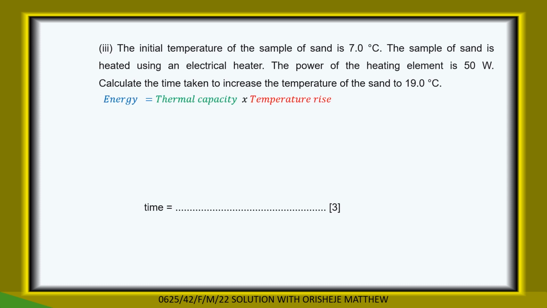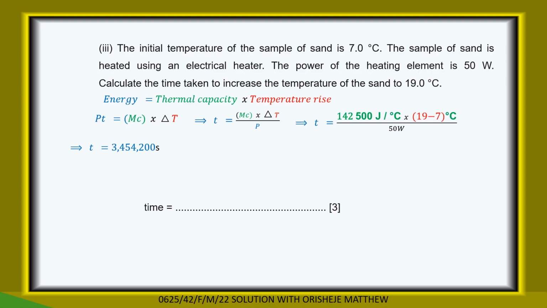First of all, you know energy is equal to thermal capacity multiplied by temperature rise, and we've already calculated the thermal capacity in the previous question, that is in part II of this question. So you bring that and multiply by temperature rise, the difference, that is 19 take away 7. So if you do that, we can now calculate. So we know that, substituting for the parameters that we have there, gives us